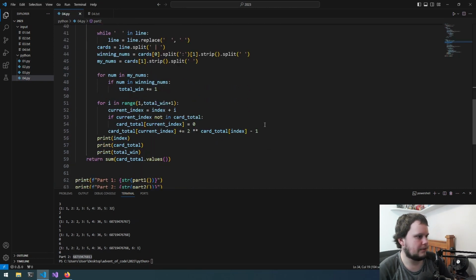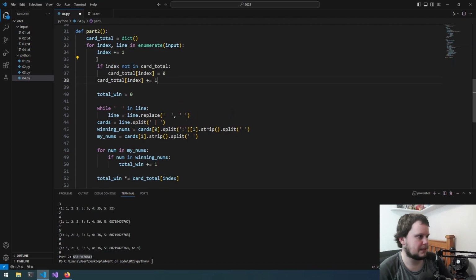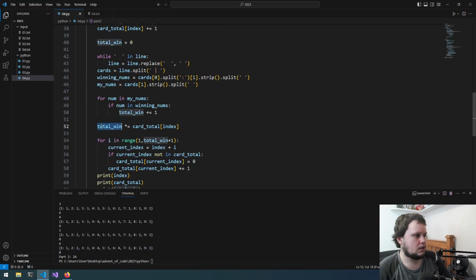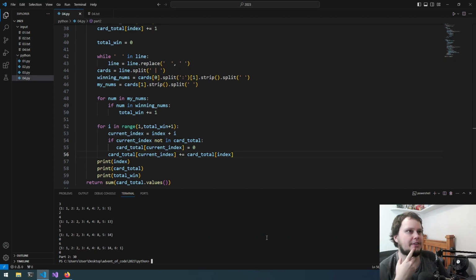Okay, I'm going to undo this change, get it back to what it was like before, and put this back in, see what this does. Okay, 24. Still too much, but it's slowly getting there. So total win does not need to be multiplied. Oh, it just needs to be plus equal to here, doesn't it? There we go. I didn't need to do any math, it was just...